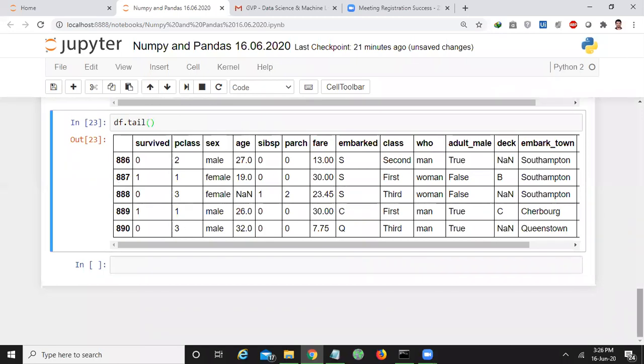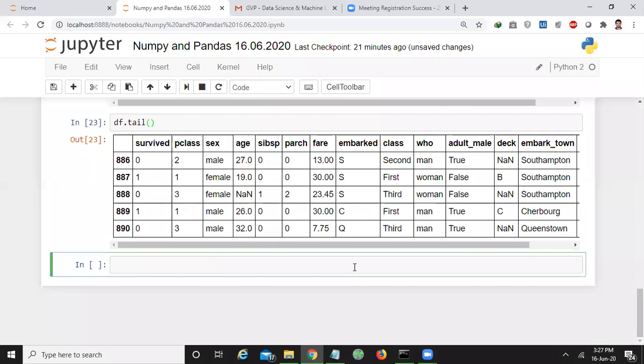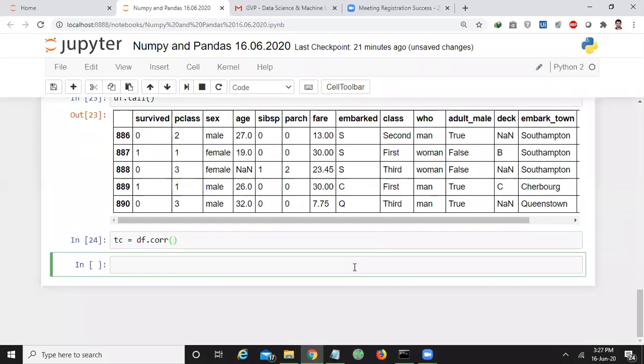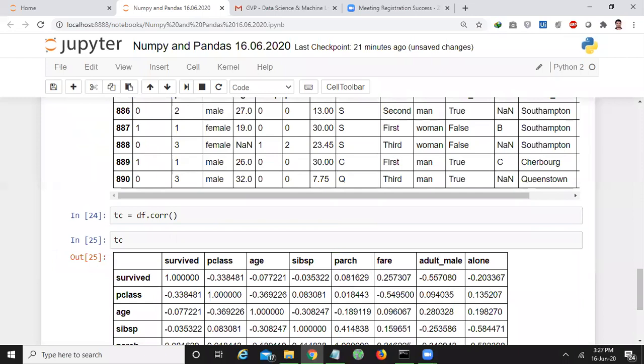Now let us see the other functions we have. First I want to check the correlation: TC is equal to df.corr, correlation, and I want to print this correlation.